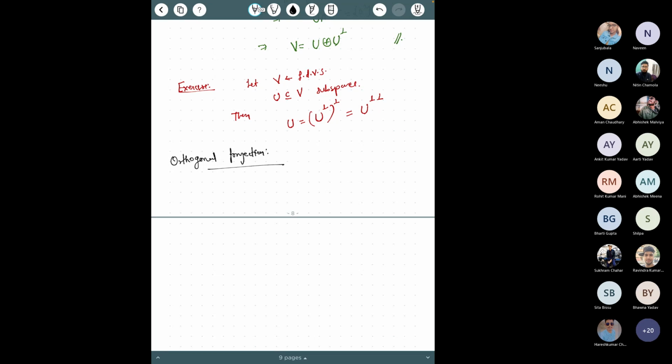In addition to that, since it's a linear operator, we can talk about its range and null space. If the range of P is orthogonal to the null space of P, then you can say that it's an orthogonal projection. There are different ways to define orthogonal projection. I have also given you one condition in the tutorial sheet. There are several equivalent ways to say a given transformation is an orthogonal projection. We will use this definition.